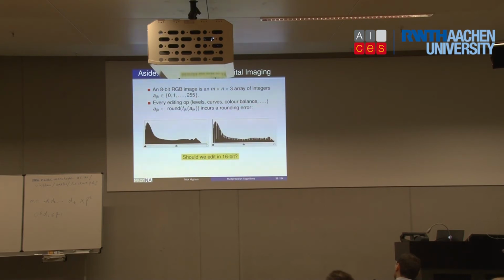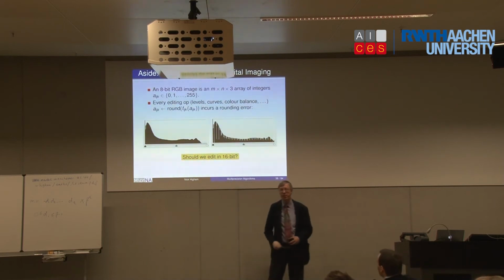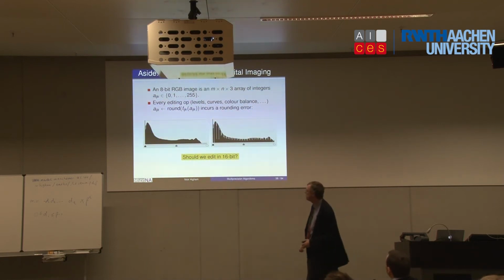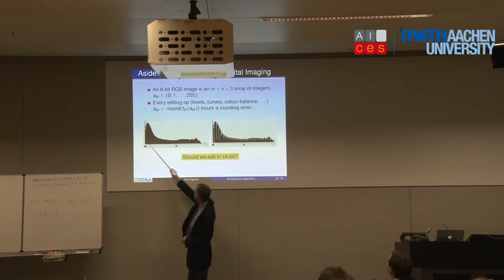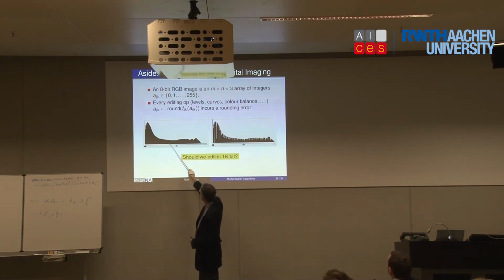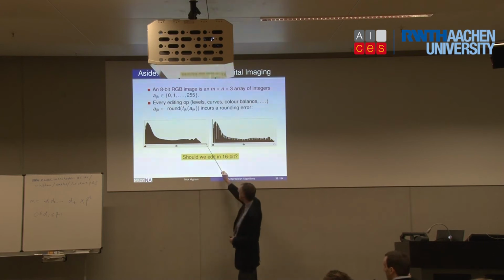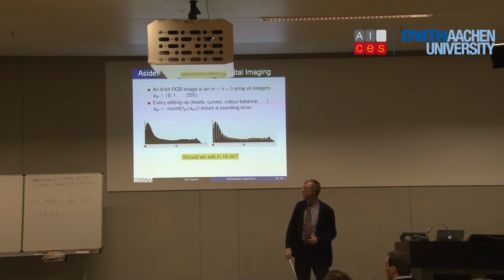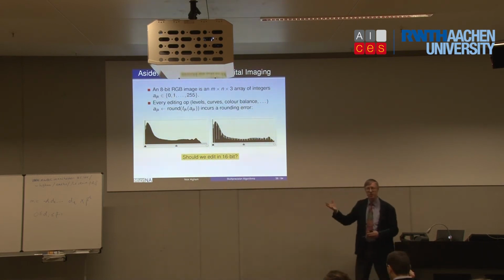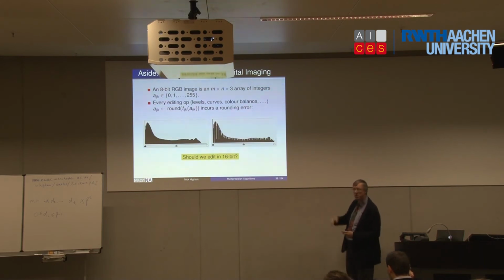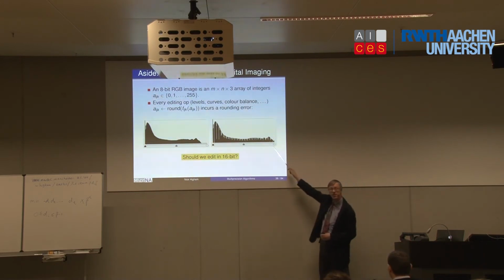Now, one way of looking at what's going on is if you look at the histogram. This is the range in terms of grayscale from black to white. On the vertical axis is how many pixels have that particular grayscale value. So in this image, we've got quite a lot of very dark tones and not so many medium tones, a few really light tones. So what happens if you do a few operations in Photoshop and then look at the histogram again? Typically, it looks like this.